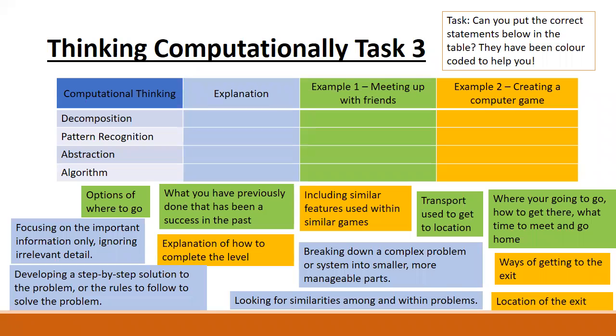So we have listed here a way for us to learn a little bit more about the 4 different elements or components of computational thinking. This is color coded. If you start on the left with the blue, we want to fill in all of these boxes. Actually, I can't move them, so we just have to work from here. What would be an explanation of decomposition?